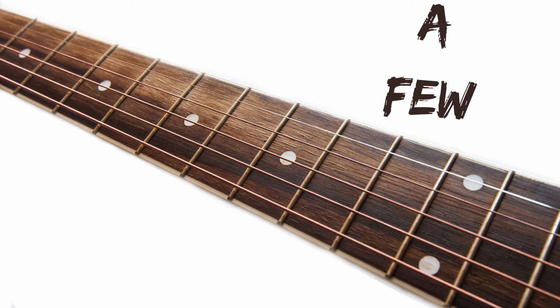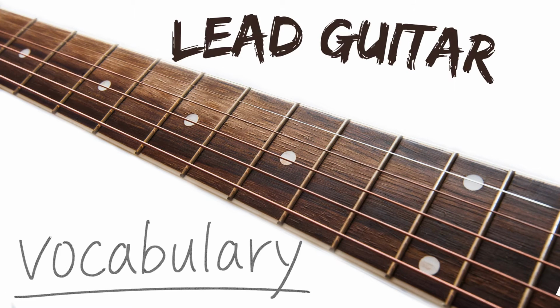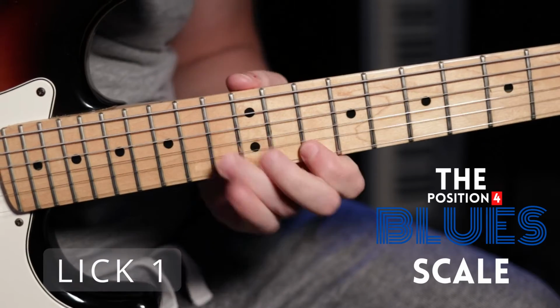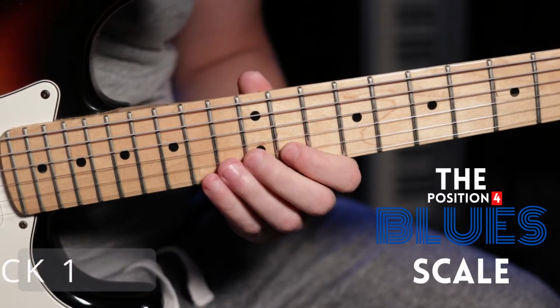Now let's take a look at a few licks you could use within position 4 of the blues scale to add to your lead guitar vocabulary. So first let's play the lick and then I can break it down. So to begin with,